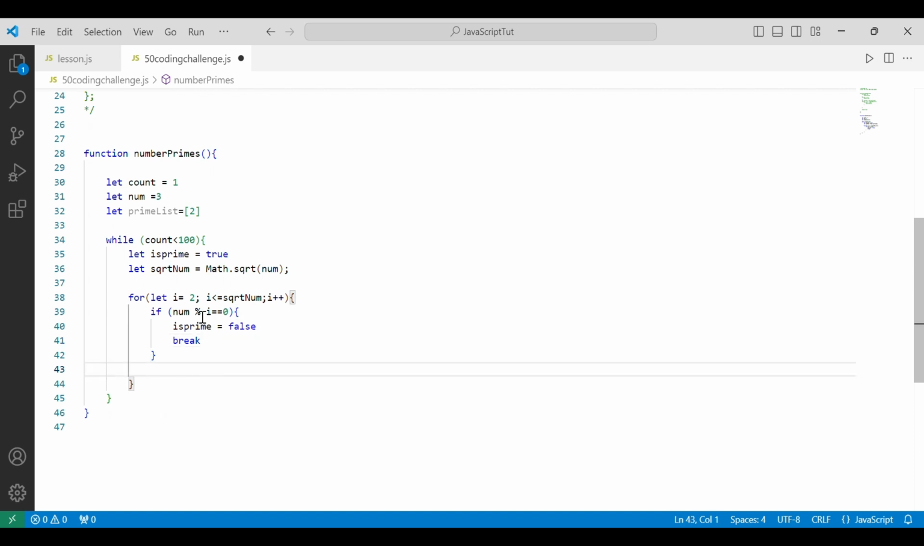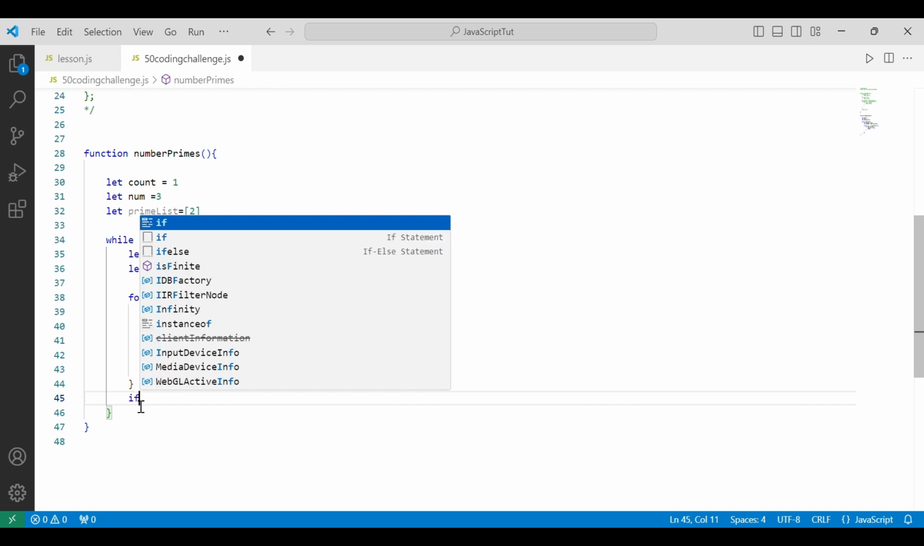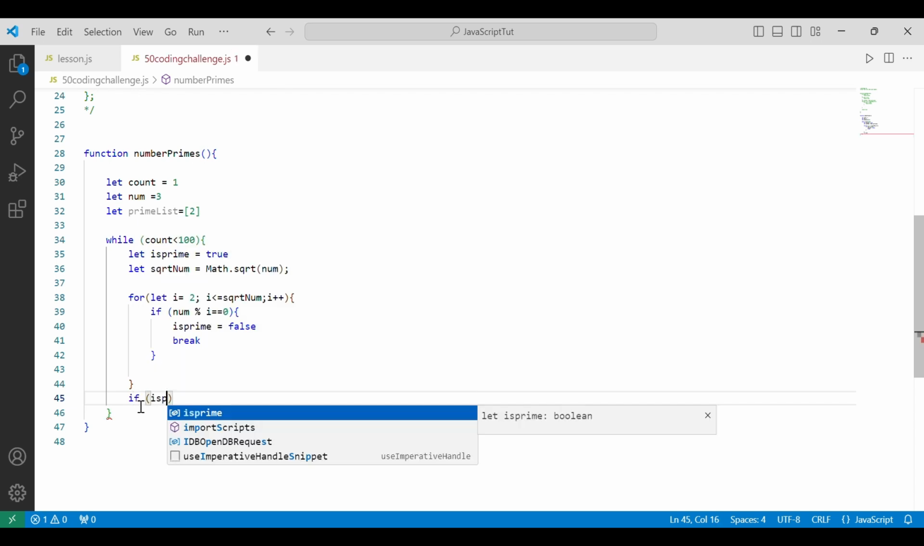So after the for loop, this is what we're gonna have. We're gonna check after it does this. If the number is a prime number, is prime will remain true, but if the number is not a prime number, is prime changes to false. So after we check the number, we want to check the value of is prime. So if is prime,